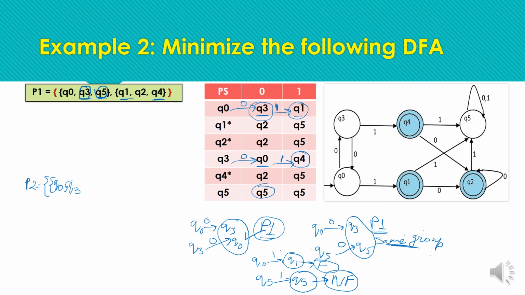Q5 with Q0 and Q3, meaning Q5 cannot be part of this group. If Q5 is not compatible with Q0, it will not be compatible with Q3 either. You can check for the same, but it will be the same result because Q3 and Q0 are similar states. So here the set is closed because Q5 cannot be part of this set. Q5 is not compatible for input symbol 1, so Q5 will form a separate group.